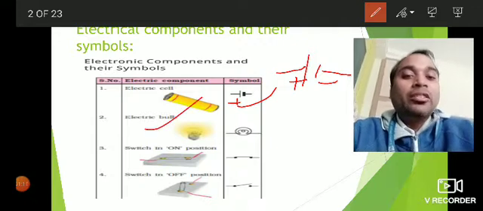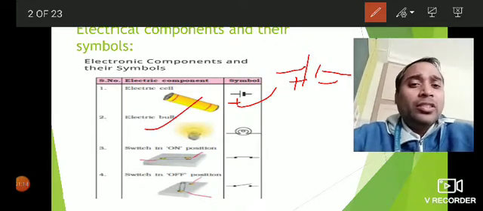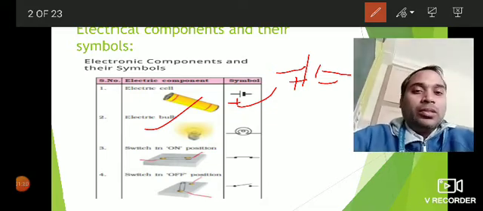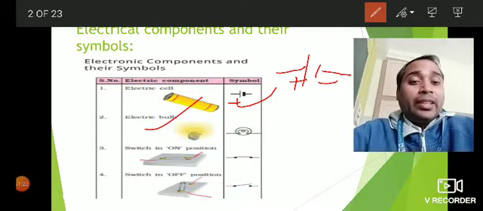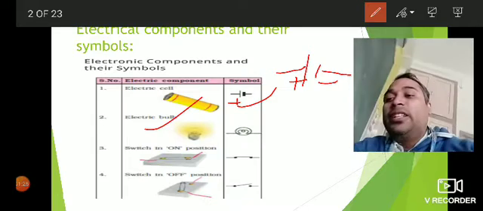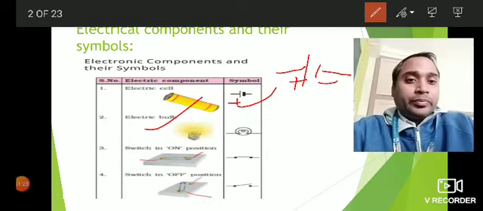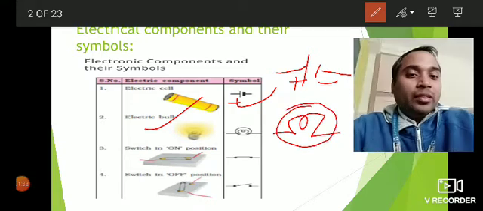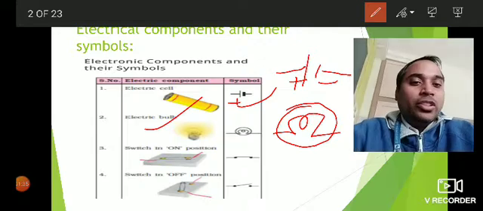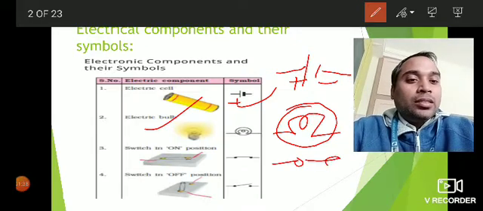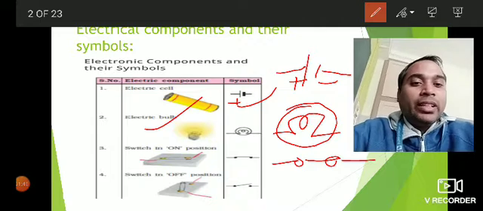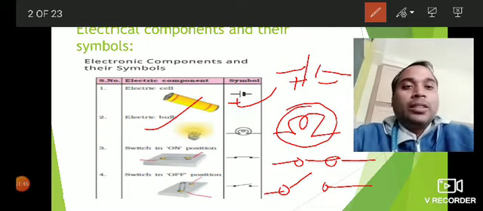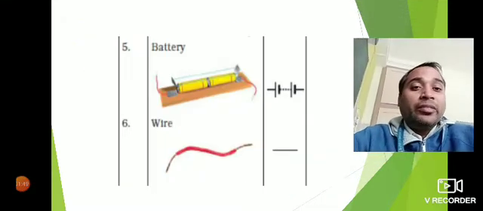Then comes the electric bulb. Now electric bulb, we all know its importance. It is used to bring light, or it is helpful in removing the darkness. So this is the symbol of electric bulb. Then a switch that is on is generally denoted by connected lines, and if the lines are disconnected it denotes an open switch, or switch is off.